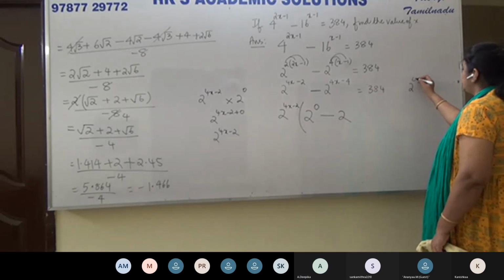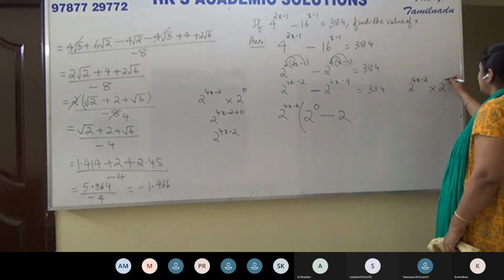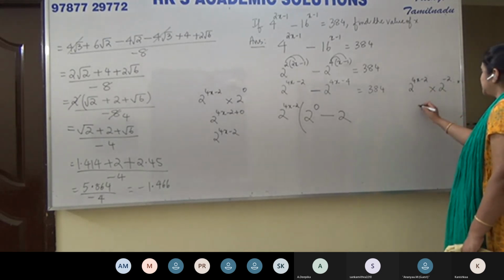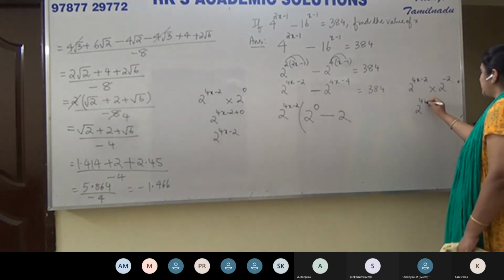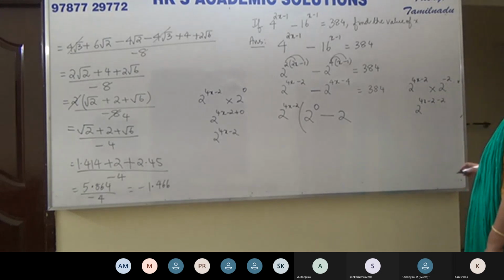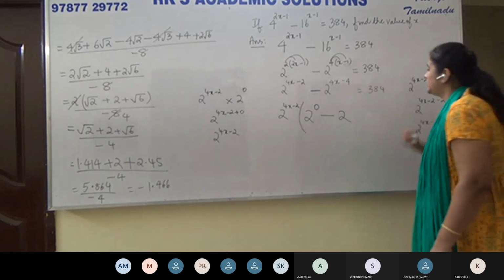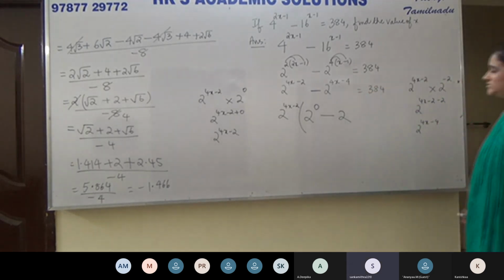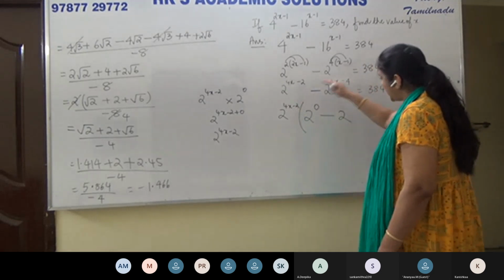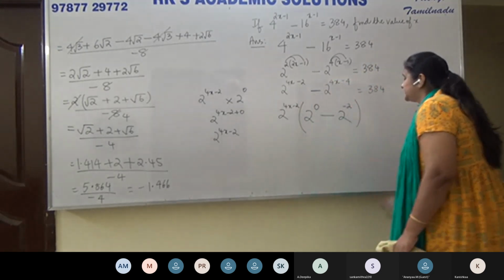See here. So 2 to the power 4x minus 2 into 2 to the power, I'm just writing minus 2. Let me see what I get. So bases are same and it's multiplication, so we add the powers. So 4x minus 2, right? Adding plus of minus 2 is minus 2, and that gives us 4x minus 4. And that's what we want. We want 4x minus 4. So see here, we have 4x minus 2. Minus 2 and what will give you minus 4? Minus 2 will give you minus 4. So just put that minus 2 here.